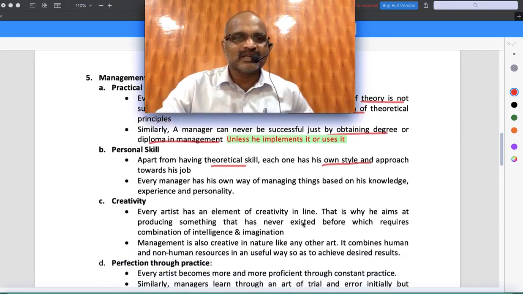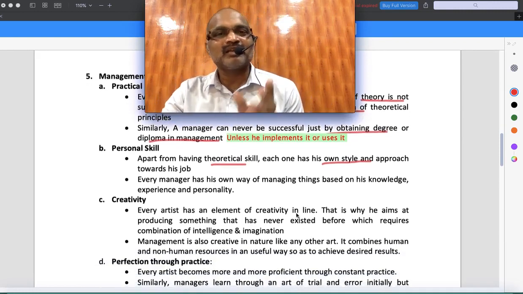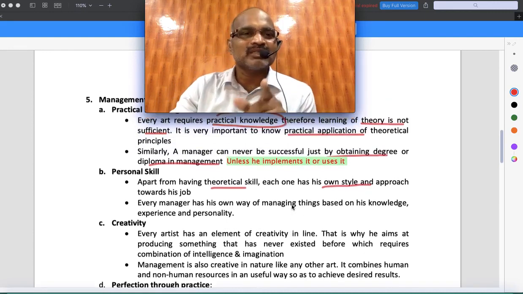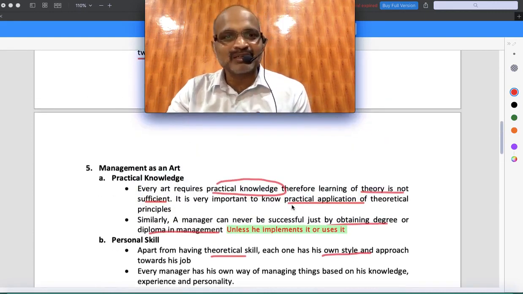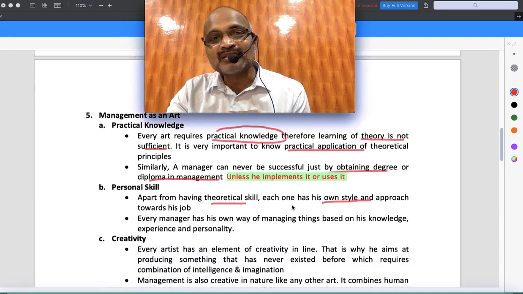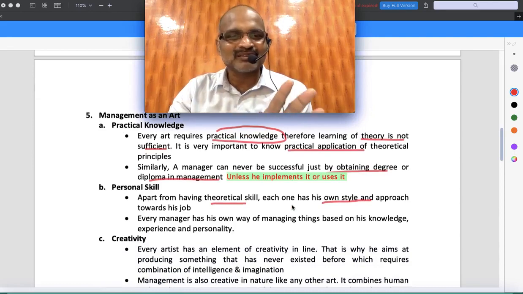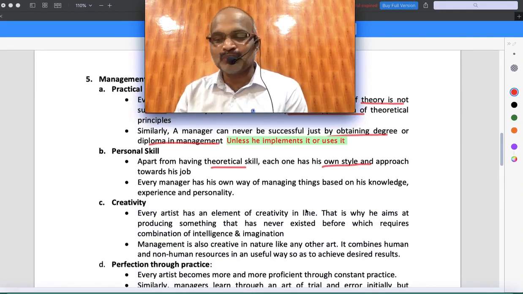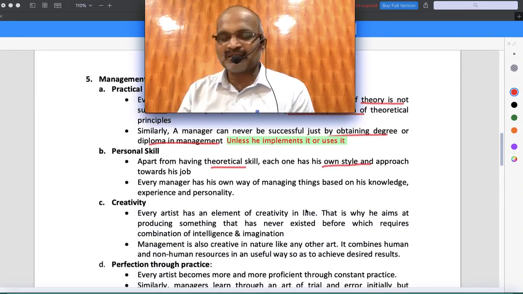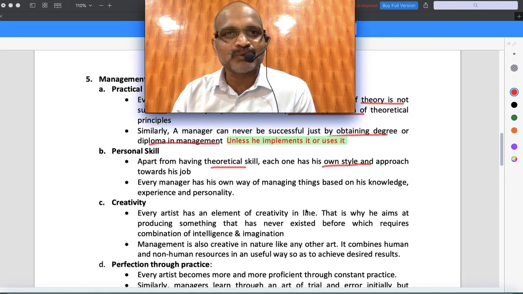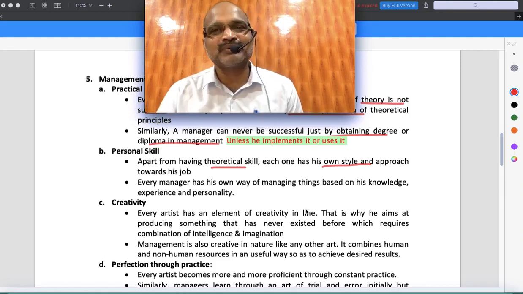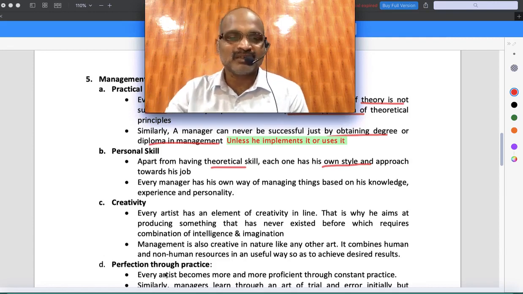Next, creativity. If you are a manager, this is like management. A manager should have practical knowledge. A manager should have personal skill other than qualification skill. Understood? A manager should also be creative. If he only tries to do what is read in the book, what is always learnt from the book, and is not using his creativity every time, then nobody will listen to him. Am I clear? Yes, that is one.